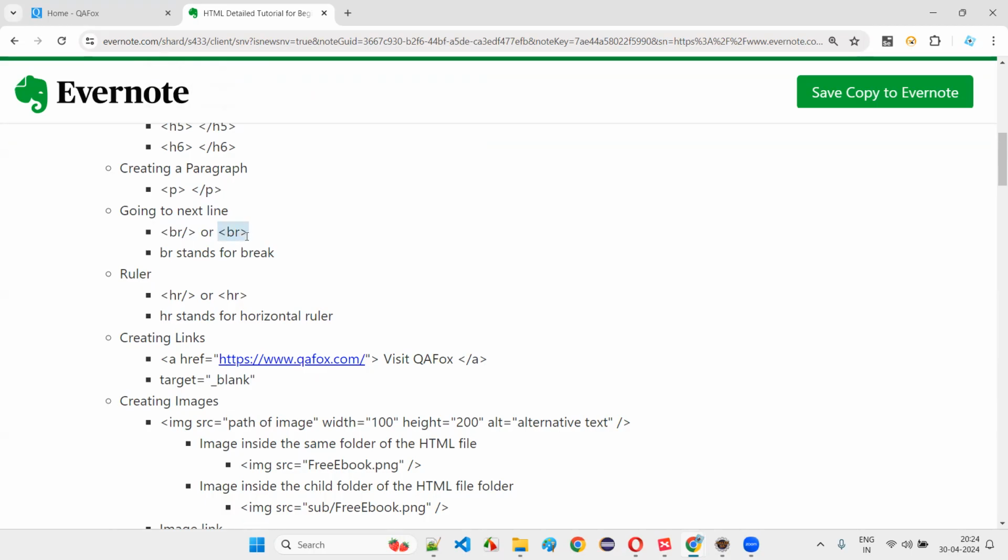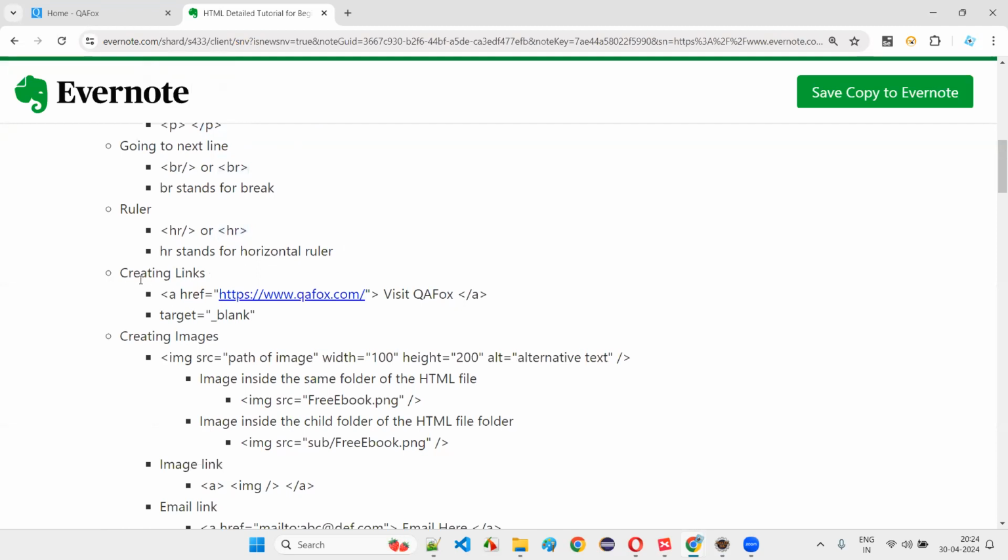Here, this starts and ends itself. These are empty tags or empty elements, or self-closing tags, which start and end right there. Either you can write like this or like this. They don't have a separate ending tag. Here, this one is also a self-closing tag, which doesn't have an ending tag, as we have seen.